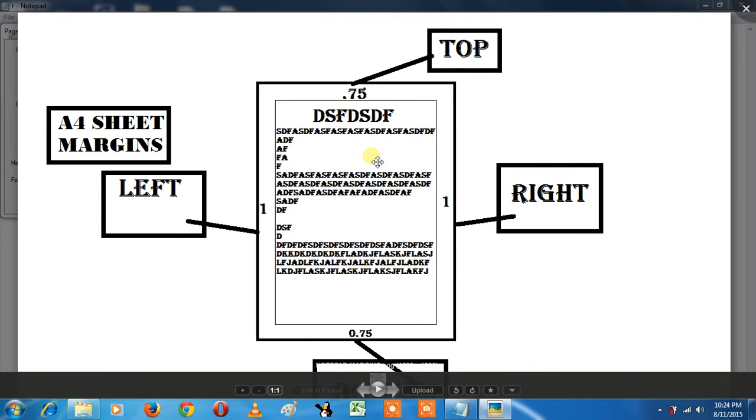You can only type on our page by leaving the margin. If you look at any page, like some books and your resume, some margin is available on the page. So generally we are using margins of 1 on left and right and 0.75 on top and bottom in an A4 size sheet.